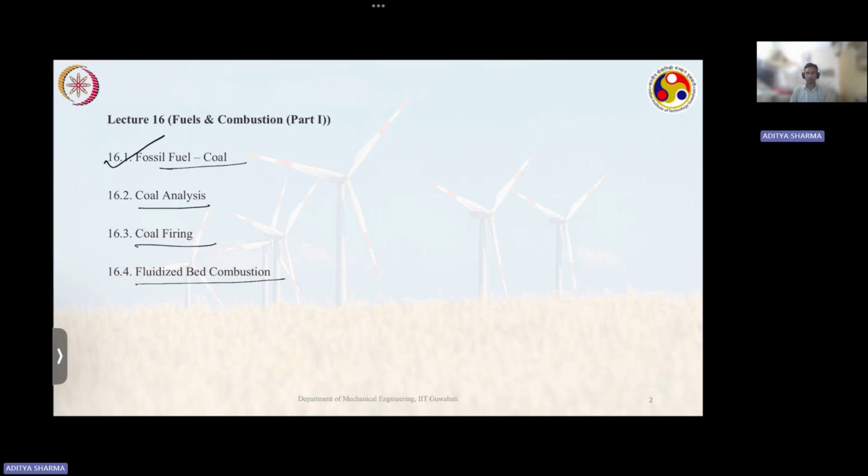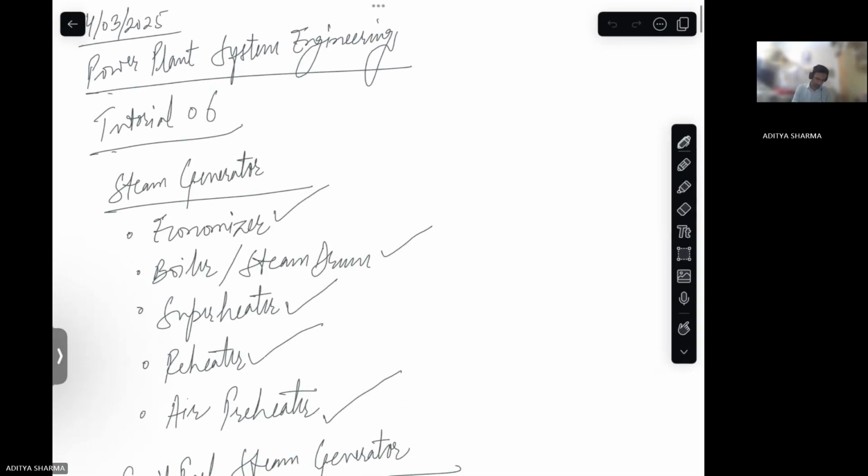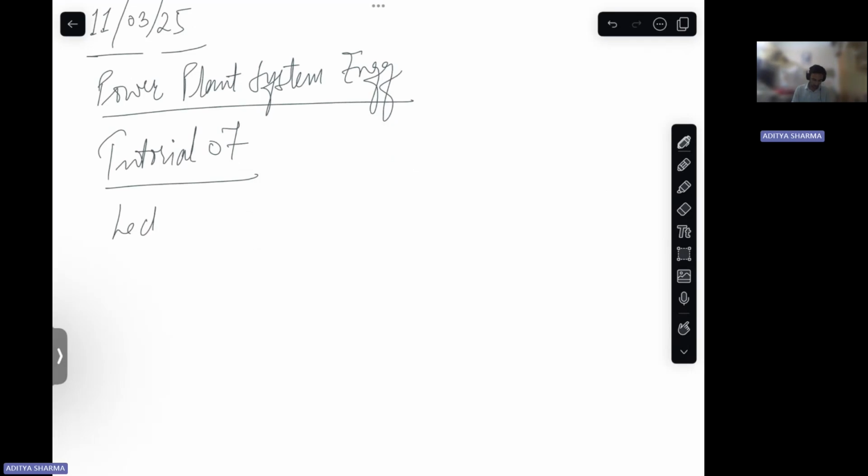This is the major method that we use to combust coal. So in your lecture number 16,